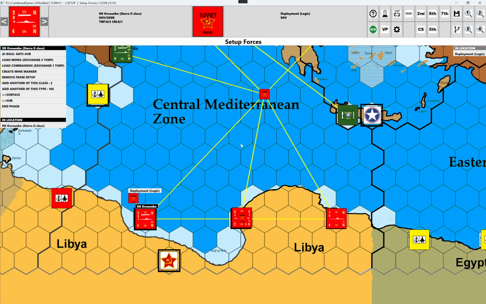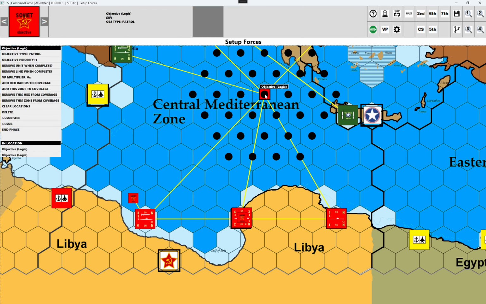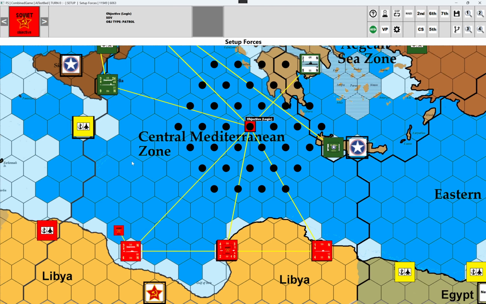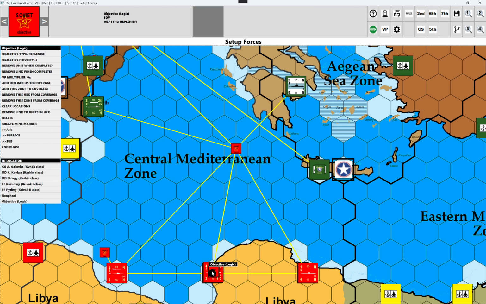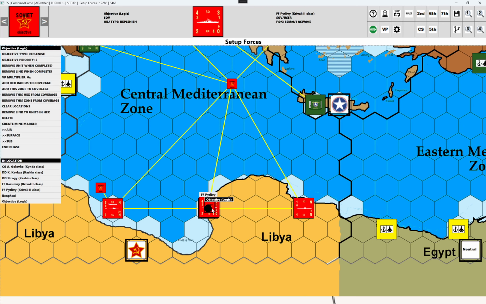I've also created two objective logics. So for the Soviet side, their mission is pretty simple. They are to head out to this patrol area and patrol anywhere in this radius. Okay? Now, when they run out of ammunition, I've set up a replenishment objective that's only linked to Benghazi. So essentially,